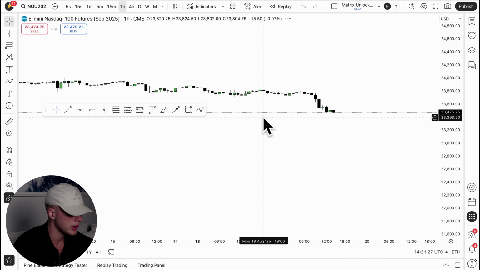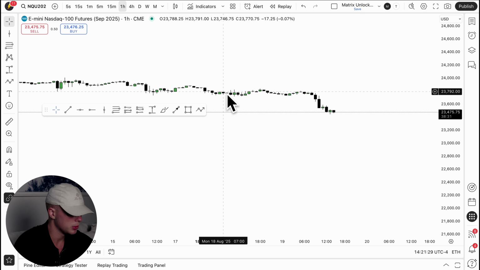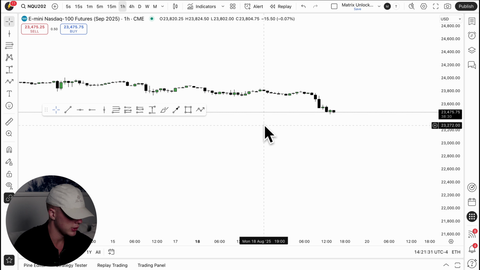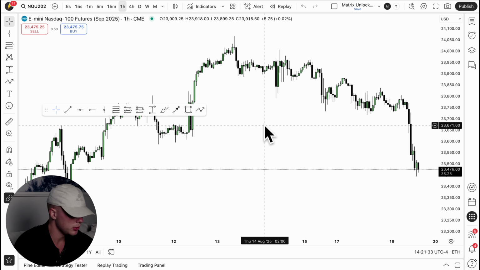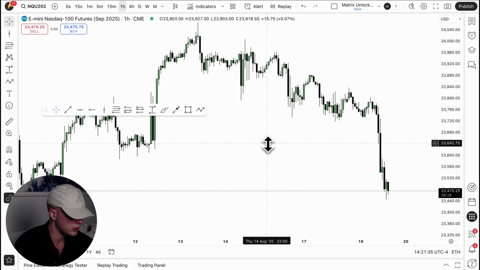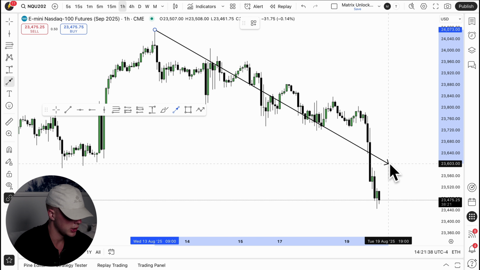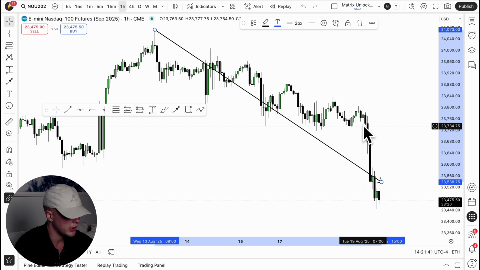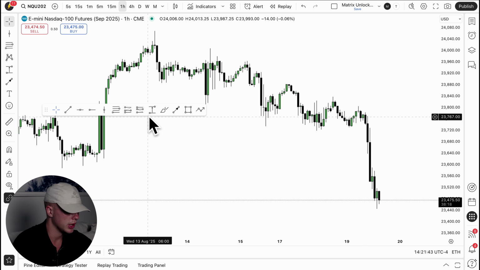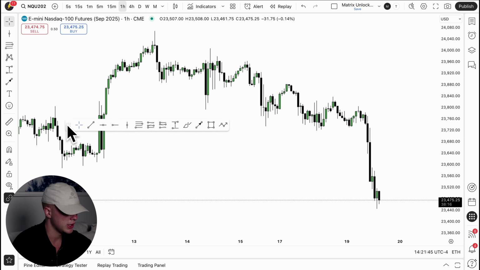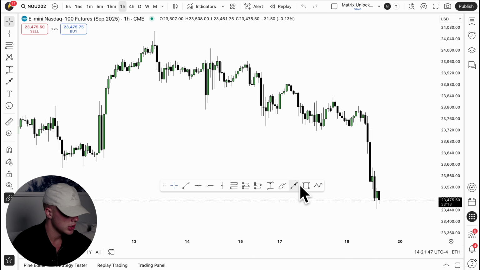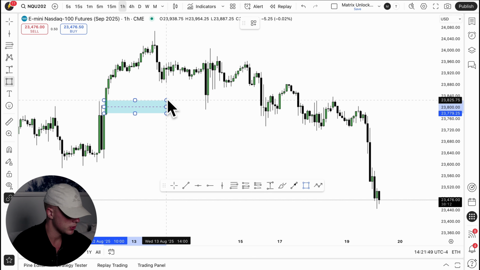Now let us zoom into the chart for a moment, and what we're going to be doing is paying attention to delivery. When we pay attention to this delivery, what you can see is that the market is expanding towards the downside in a very slow manner, but today the market expanded lower very quickly. Beautiful short, and I traded Nasdaq towards the downside, shorted from this imbalance right here.